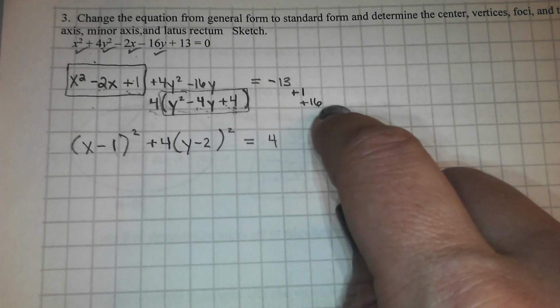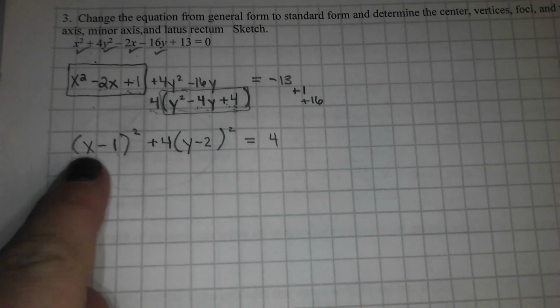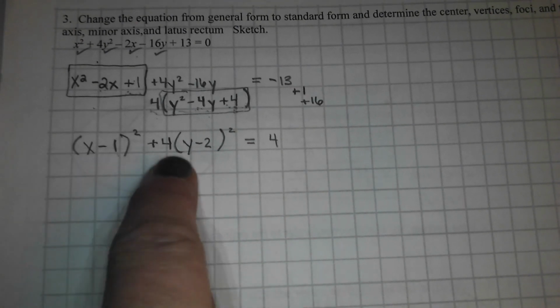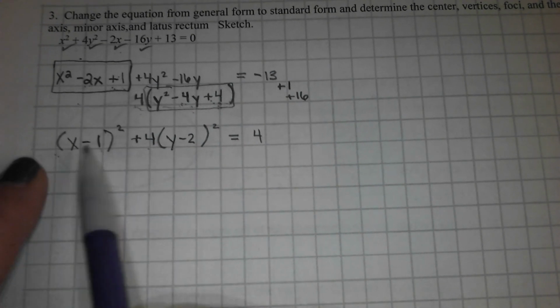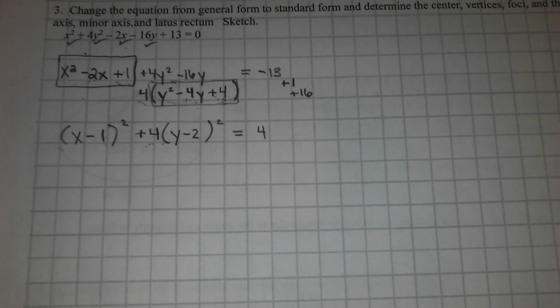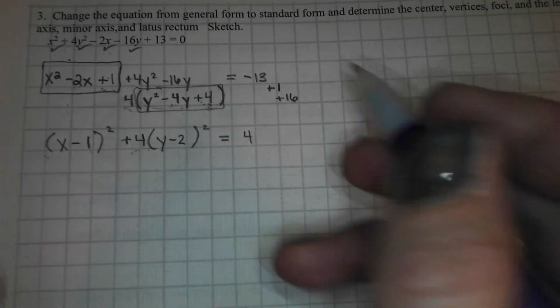Okay, good. So from here, we know it's not a circle, and here's why. Because the coefficient on the x and the coefficient on the y are different, which leads us to realize that they're stretched differently. It's not a perfect circle. I know it's circular, sort of, with the oval shape because it's an x squared something plus a y squared something. That is your indication that it's either a circle or an ellipse. The fact that these are not the same and not evenly balanced leads us to realize this isn't actually an ellipse yet. And ellipses need to equal 1. Yes? So divide everything by 4,